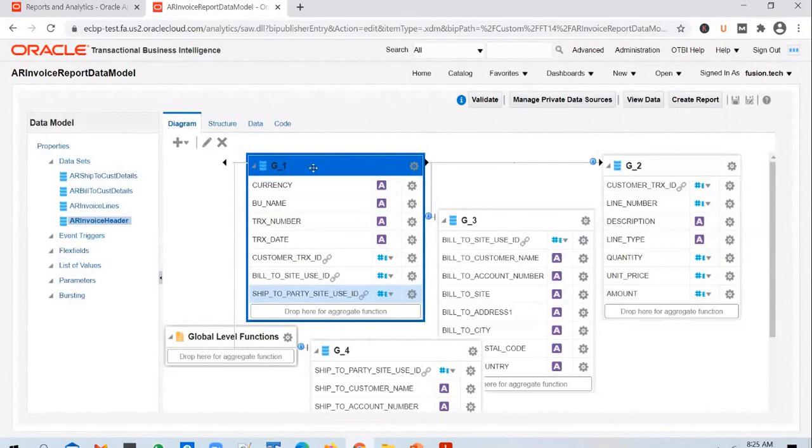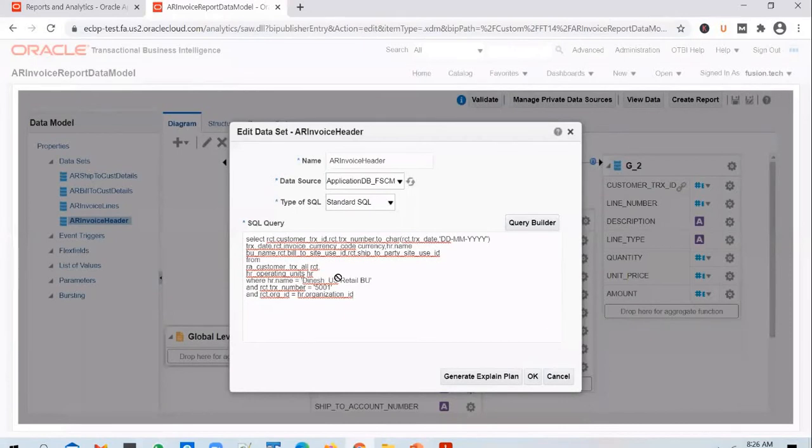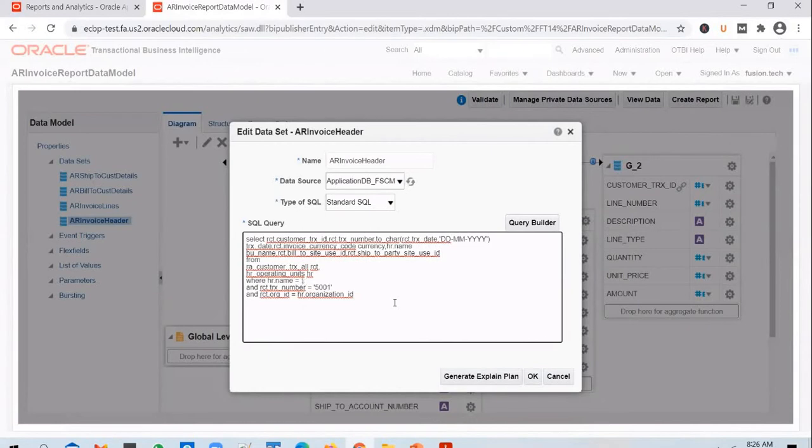Or you don't need to create a parameter. Instead, within the query, you just change them to bind variables. Parameters will get automatically created. So if you go to a query, say I want this business unit name to be received as a parameter. So what do I do? I put in a colon. I use P underscore to indicate that it's a parameter that I'm going to receive. And I say BU name. And similarly for the transaction number, I put in a colon, which is how you read the values from parameters, and I put P underscore to indicate that it's a parameter, and say transaction number.